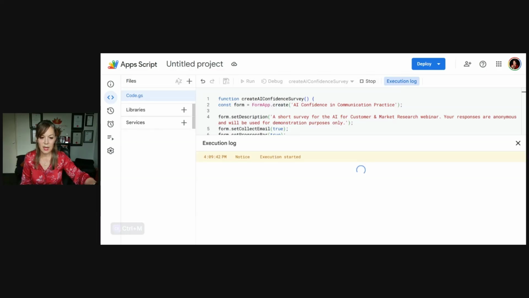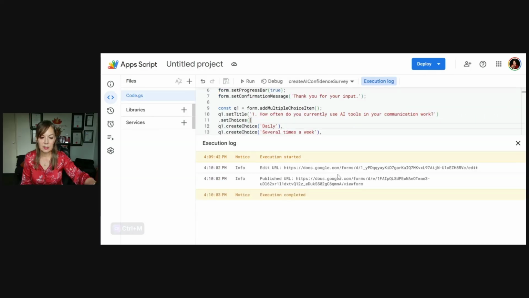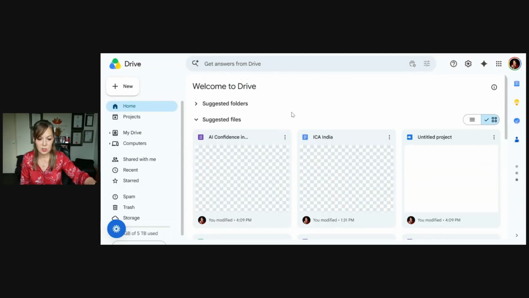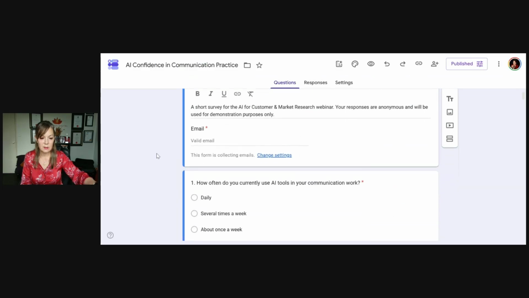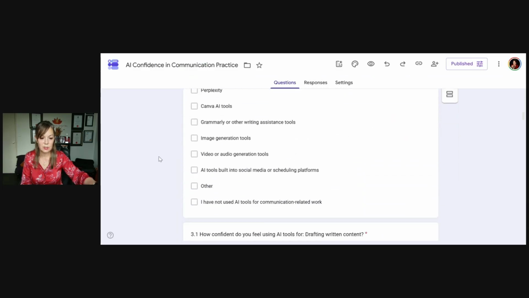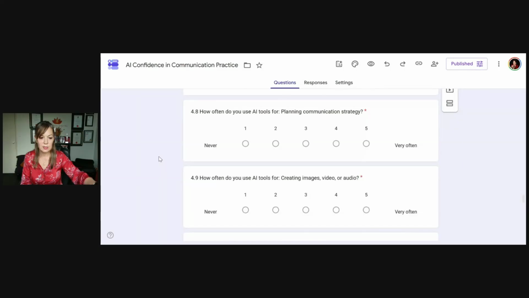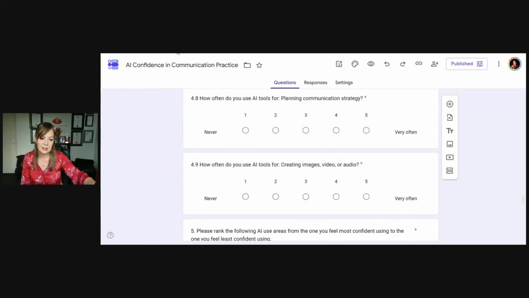And then what's going to happen is we'll go over to Google and it should be there. Let me just go over to my Google Drive. I'll just get in the right section first. There it is. Let me show you. This is it. If we click on, that's the survey. So you can see it's just built it so quickly. It's all in there. So you don't have to put this all together manually, is the trick there.